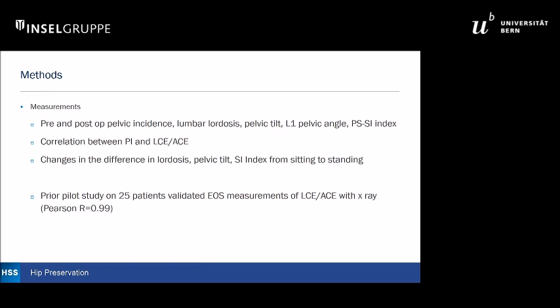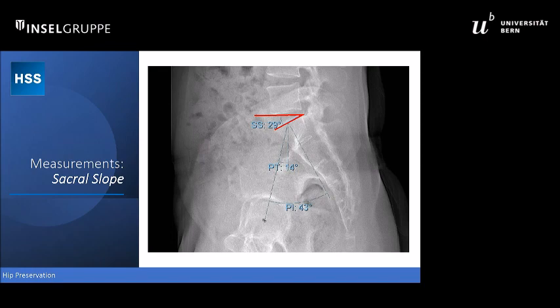We measured the pre- and postoperative pelvic index, lumbar lordosis, pelvic tilt, L1 pelvic angle, and PSSI index, so a lot of different indexes to measure the position of the pelvis. And we looked for a correlation between pelvic incidence and LCE, or anterior center edge angle. And we looked at changes in lumbar lordosis from sitting to standing measurements. We did a prior study that we presented here a few years ago on 25 patients, but we didn't have a complete data set. Here's our measurements: sacral slope, which is a horizontal line, and the angle is between that